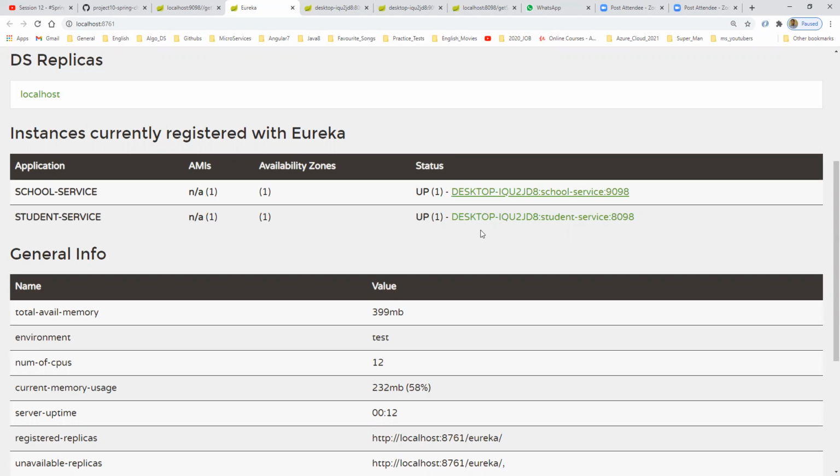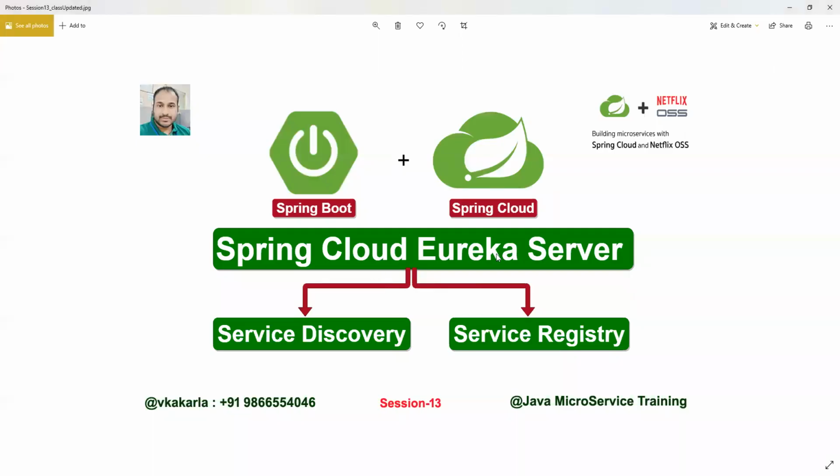But here we want to know how the Spring Cloud components behave, and what features are available from each and every component. Some of the components we are checking now. From that list, this Eureka server is one of the features. What is Eureka server, why should we use it, and what is its importance, we know from this class. So this is the Spring Cloud Eureka server class. Got it?